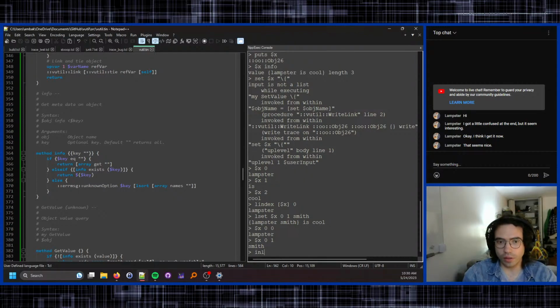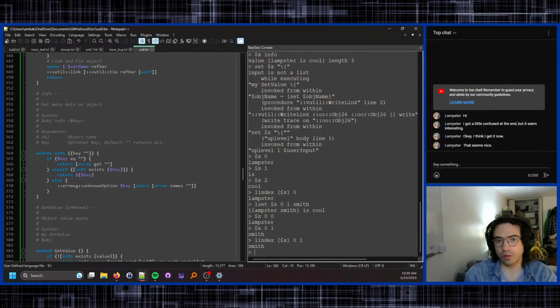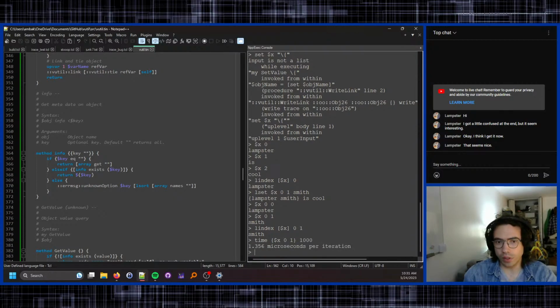I can also do lindex x 0 1. I can do that as well. And actually I think if I time it, let's see, time x 0 1, 1,000 times. So it doesn't take any time at all really. And then if I try to do it this way,